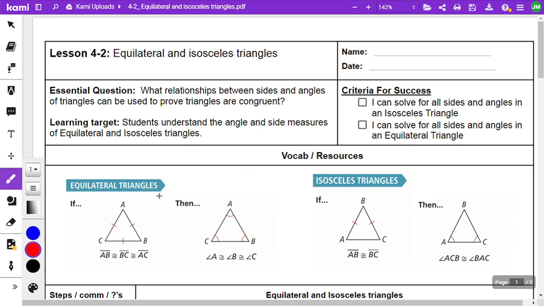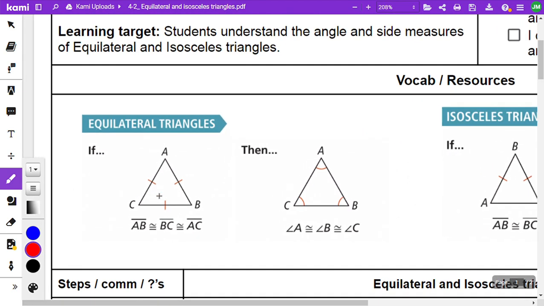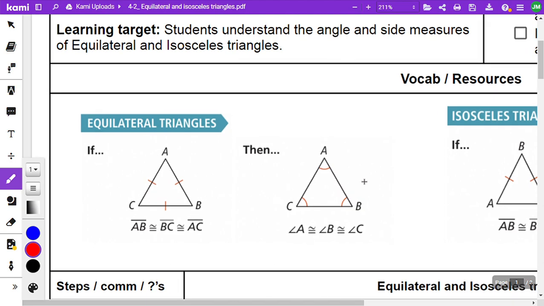Alright, today's concept isn't too bad. We are looking at two different triangles. The first one, equilateral triangles. Equilateral triangles have all congruent sides and all congruent angles. So on the inside, we have three congruent angles. And if you know that they all should add up to 180 degrees, then we can conclude that these come out to be